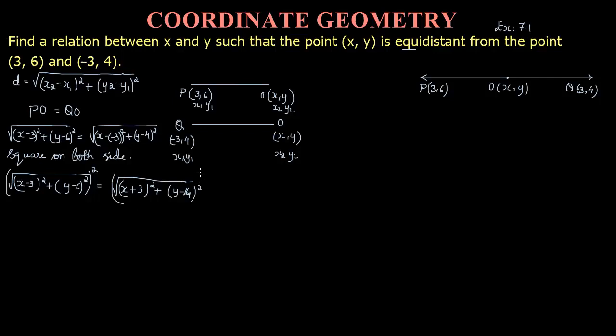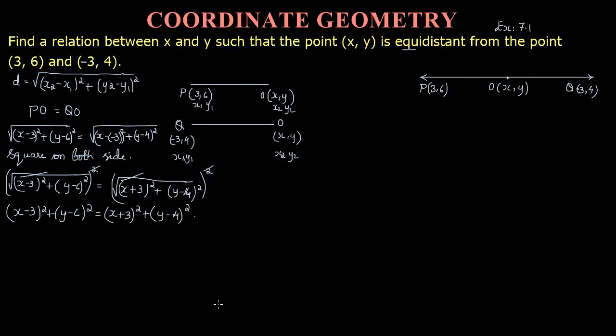Again here you need to eliminate the square root, so you square everything. Square and square root get cancelled, right? So what are you remaining with? (x - 3) whole square plus (y - 6) whole square equals (x + 3) whole square plus (y - 4)